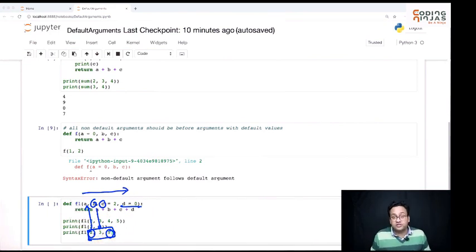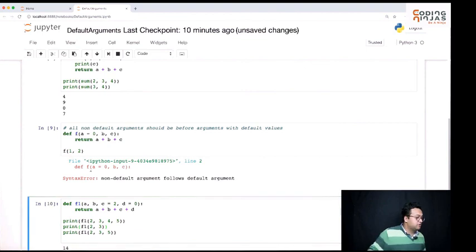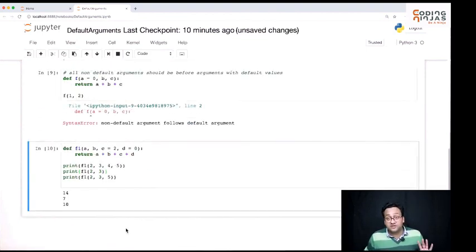We start from here and we go in this way. So the last one will actually return 2 plus 3 plus 5 plus 0, right? So it should return 2 plus 3 plus 5 plus 0, which is 10, which is perfect. So that's how it's going to work. In the second one, it gave me 2 plus 3 plus 2, which is 7, plus 0, which is 7. So it's printing 7, right?